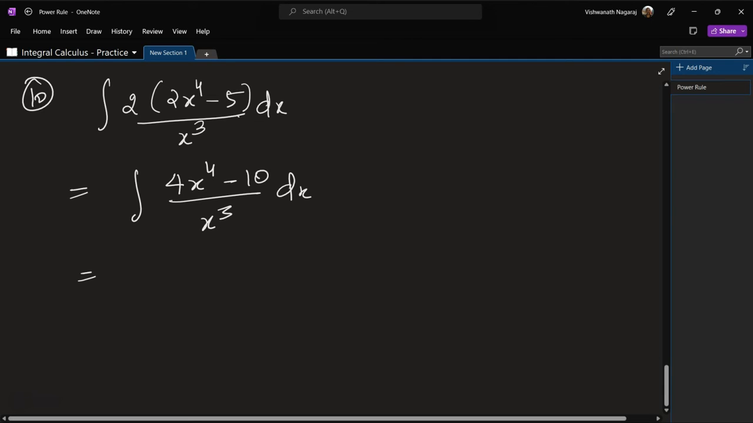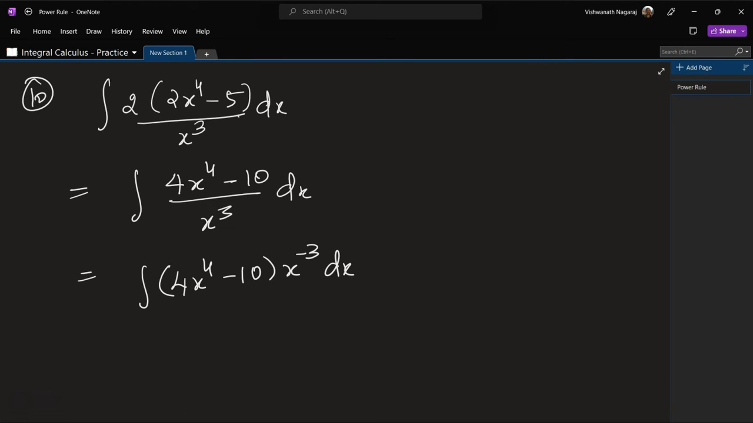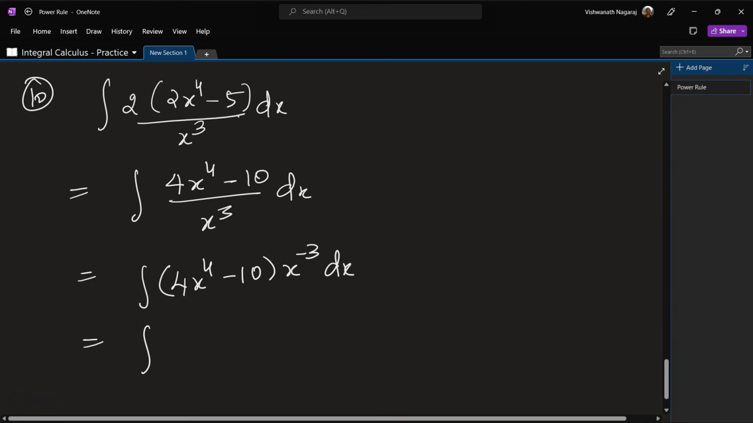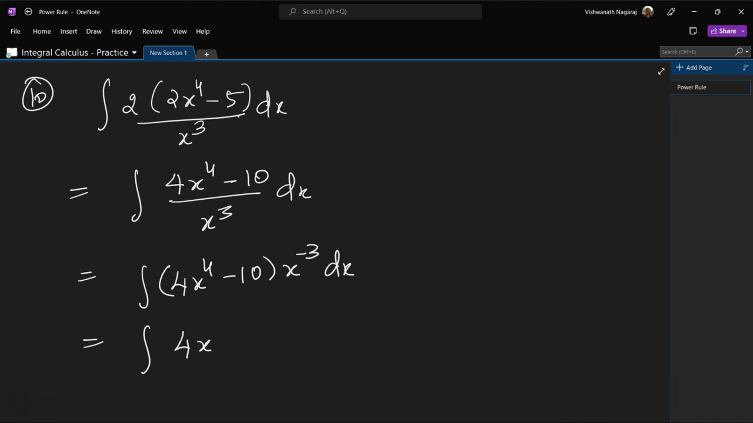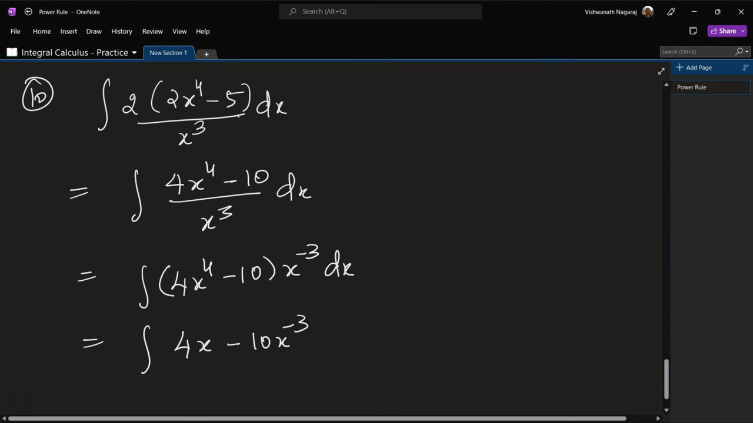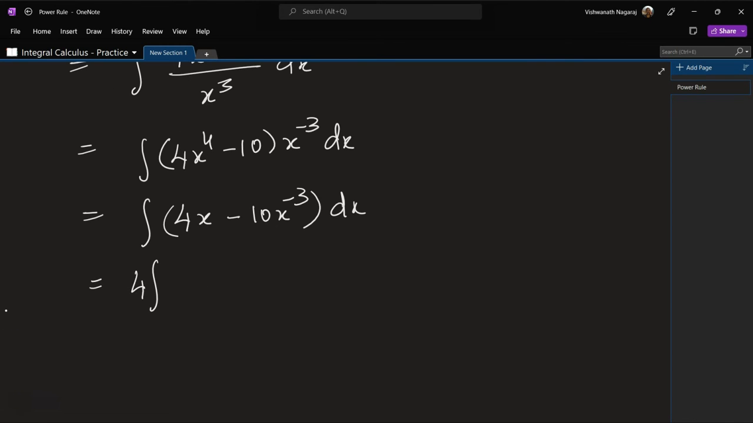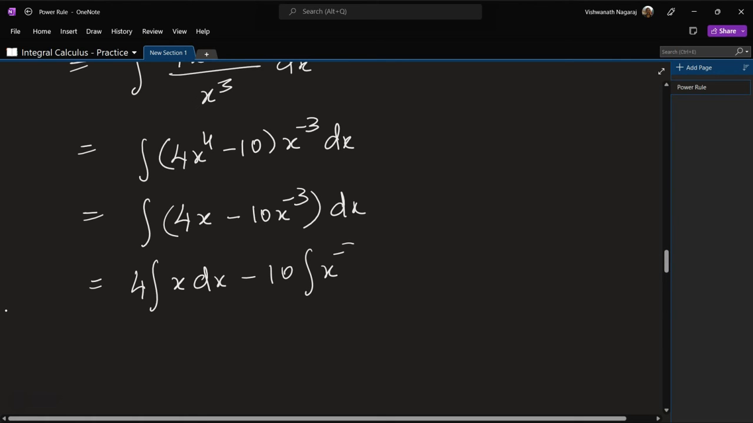And now what we do is we write it as 4x to the power of 4 minus 10, and we bring this x cube up. We can do this. And now again we multiply. We could have done it in one step itself. So 4x to the power of 4 minus 3 is 1, minus 10 x to the power of minus 3 dx. Again, we can split this: 4x dx minus 10 x to the power of minus 3 dx, which gives us